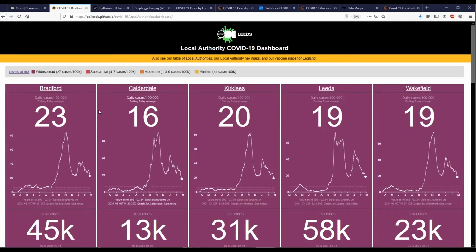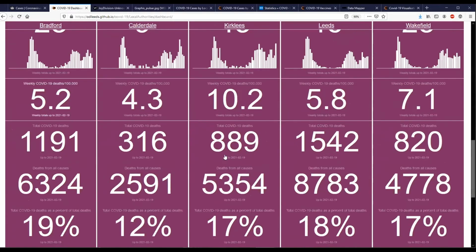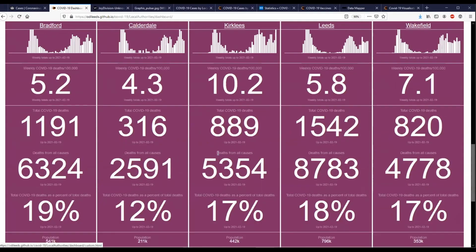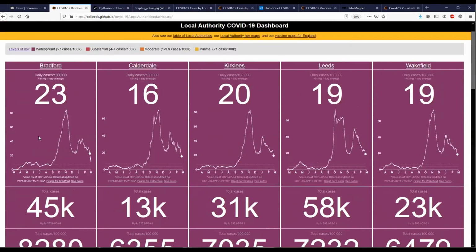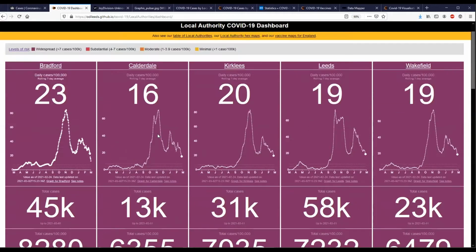At the moment, I'm showing here West Yorkshire, but if you scroll to the bottom of the page, there's a big yellow link here to customize it to whichever local authorities you like. And we've got a combination of the Public Health England cases data, confirmed cases, and ONS, the weekly ONS death data down there as well. But looking at all of these graphs at the top here, the confirmed cases, I start, as there's been a year's